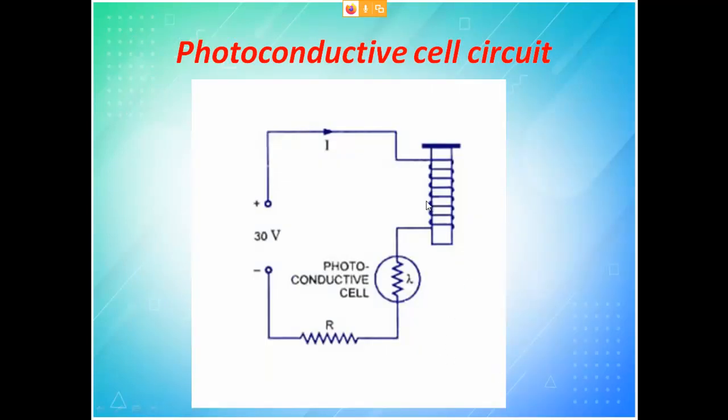Now let us go for the application. How are we going to use this? I think you all know what a relay is. So this is a relay. Primary alone I have shown in the relay; the secondary of the relay I have not shown. What is a relay? A relay is nothing but a winding on one side and a moving contact on the other side.